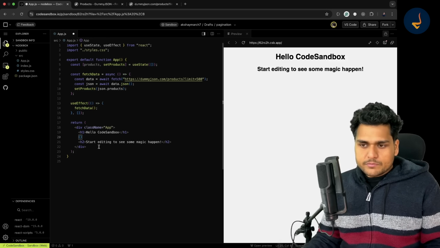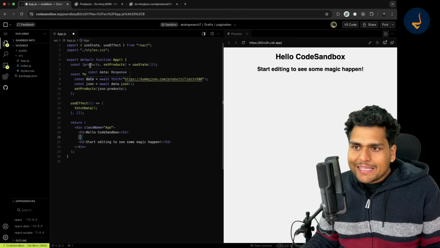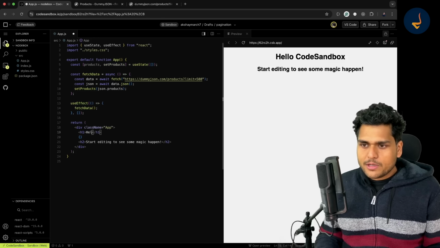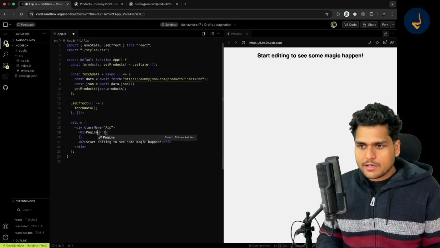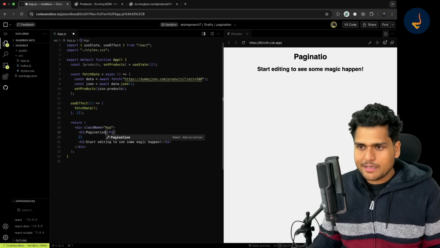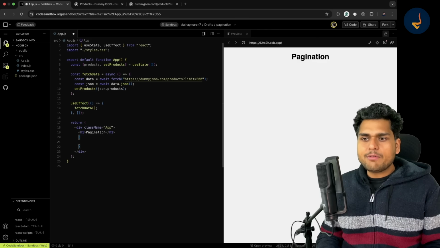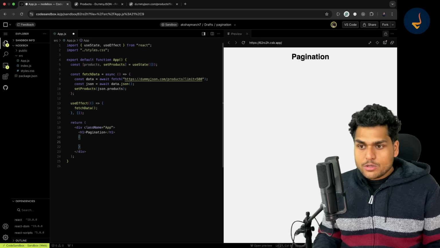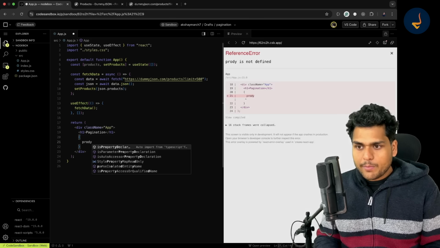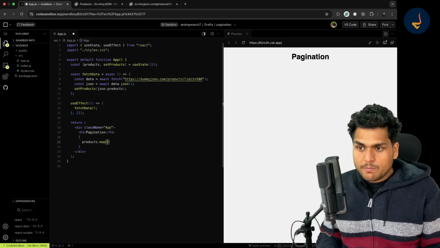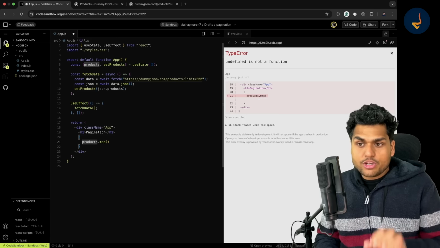So now I want to render these products on my web page. Let's first of all remove this Hello CodeSandbox. Let's give it a name of pagination or something. And let me just remove this also. Over here, I want to render my products. So how do I render my products? I will do products.map, and I'll also have to make sure